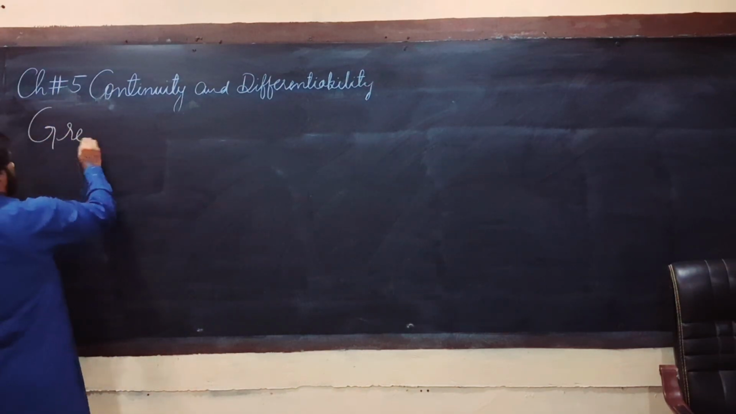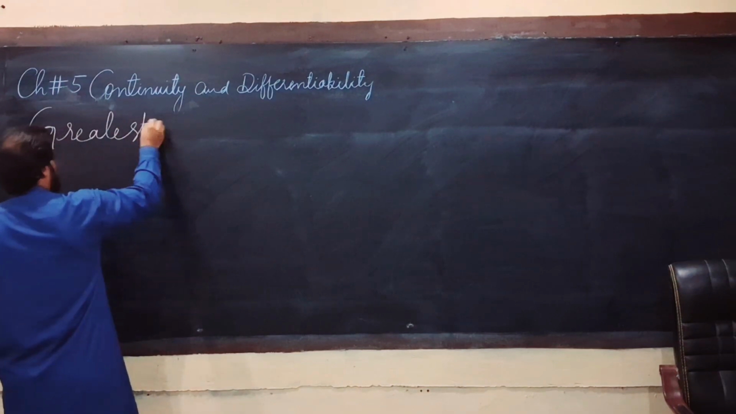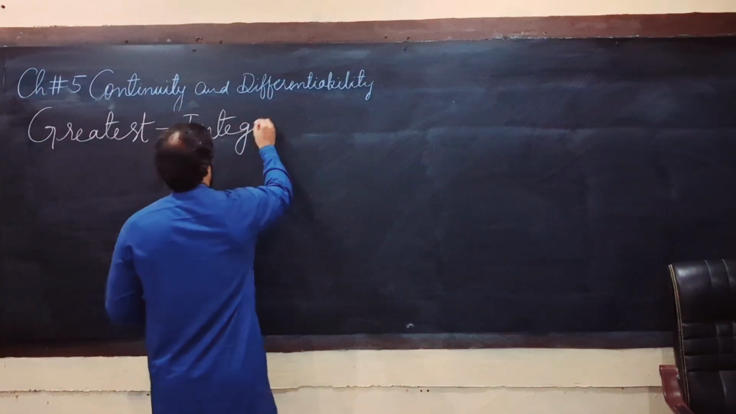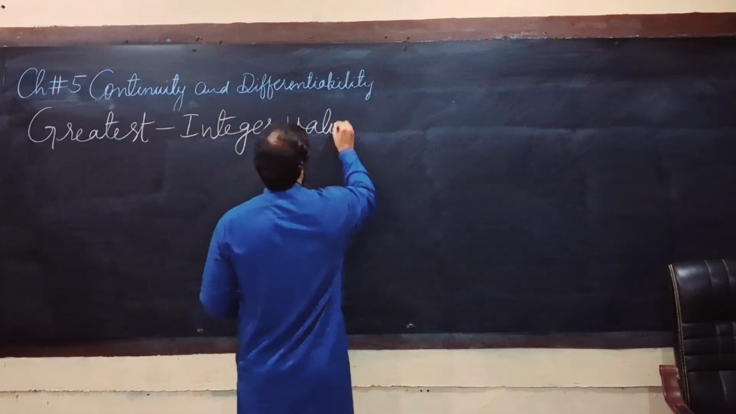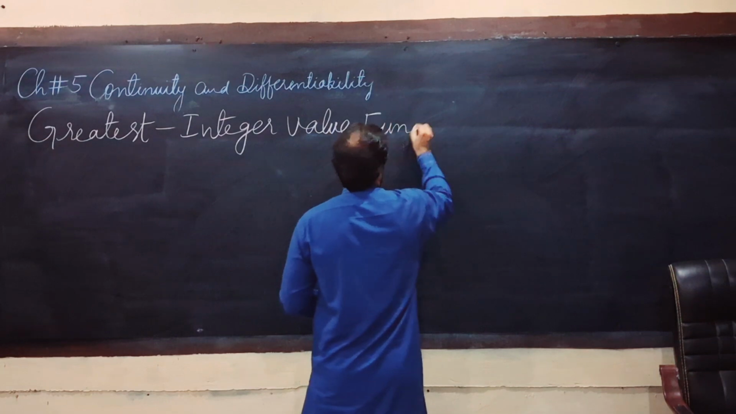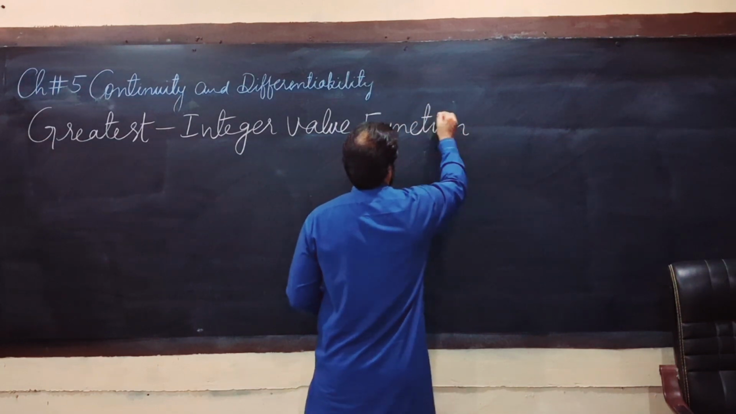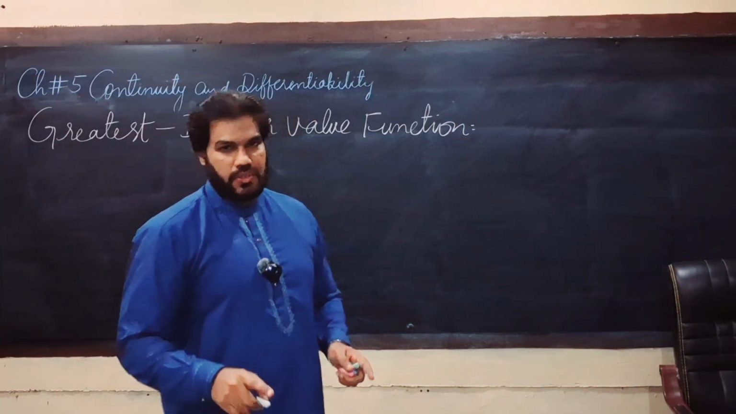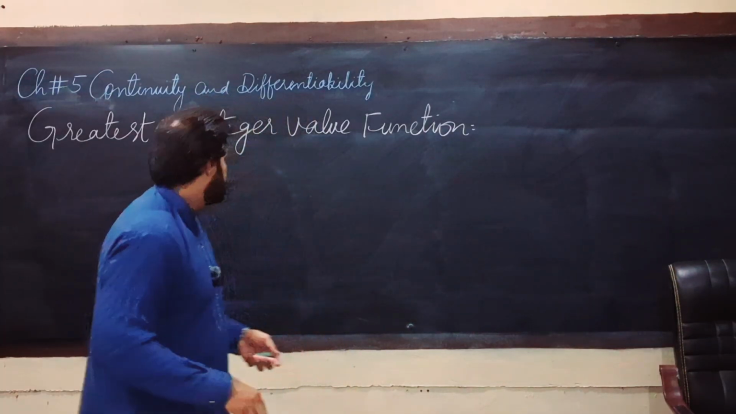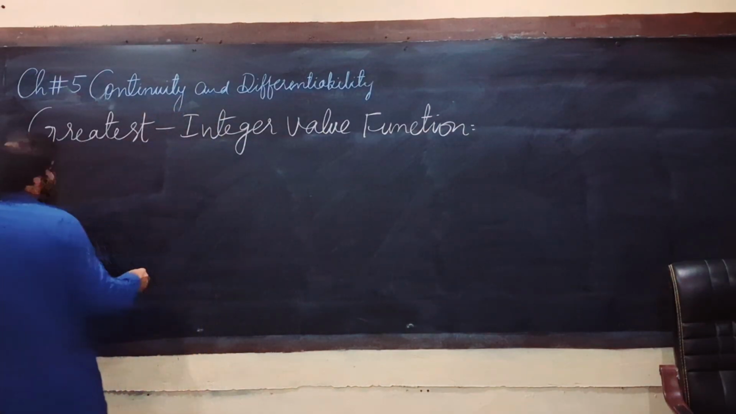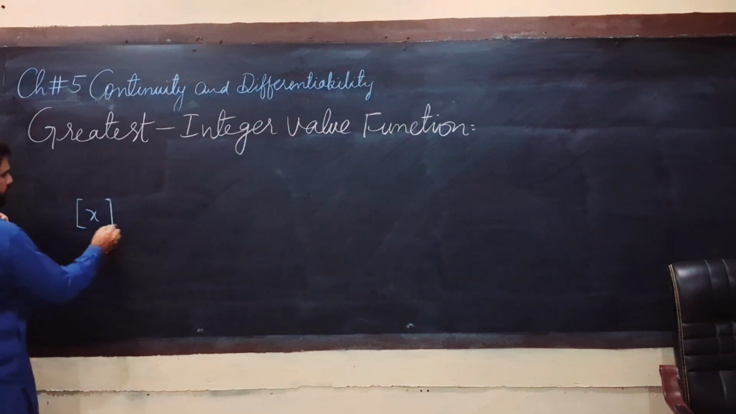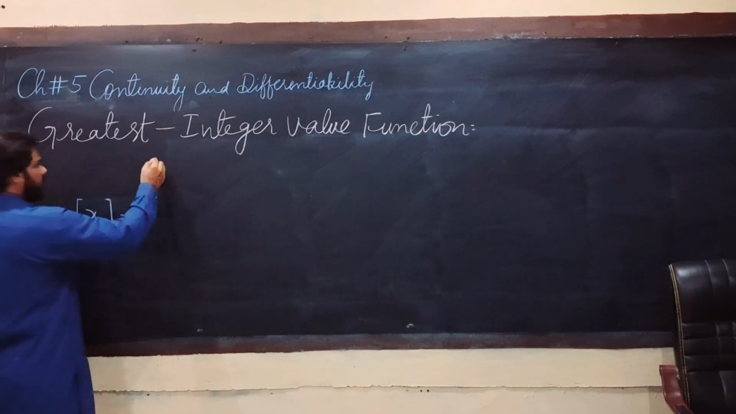Greatest integer value function. This function is actually a piecewise function that has infinite parts. This is denoted by this bracket value. f(x) is equal to the bracket value of x,